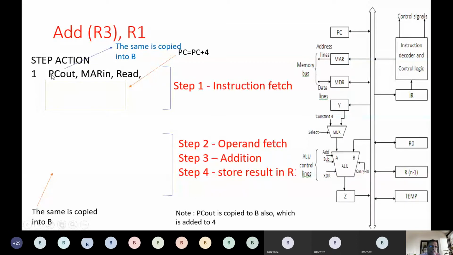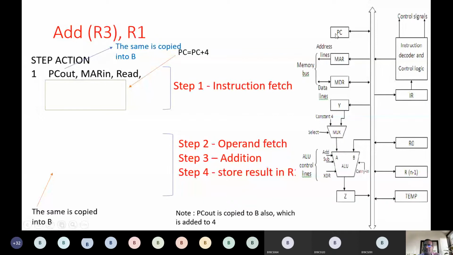Okay, so this is the same scenario that happens here when I set PC out. Whatever contents we have in PC come out from the PC, and you can see the MAR input signal of the MAR register is set to 1. So whatever flows out from the PC gets into the MAR in.